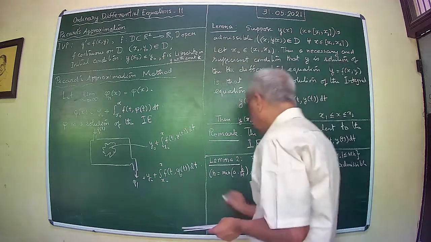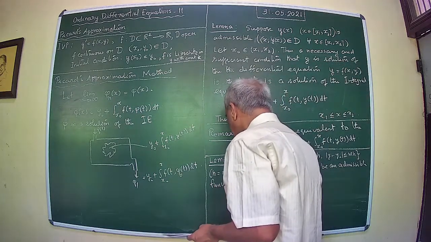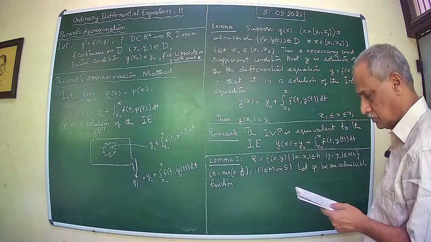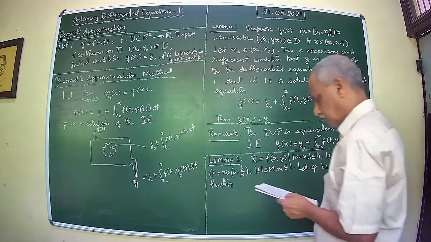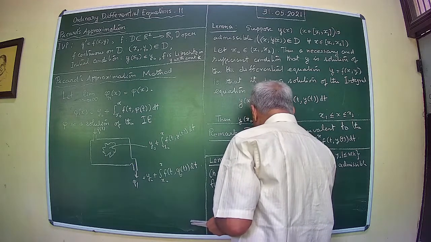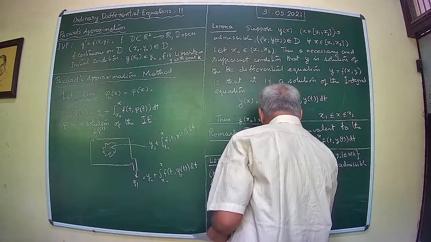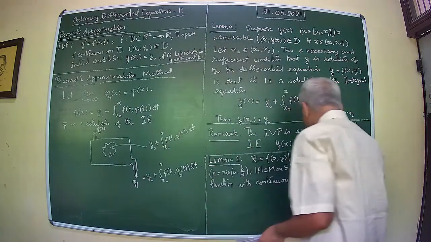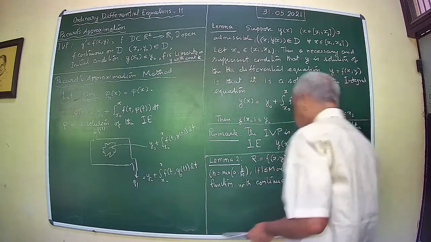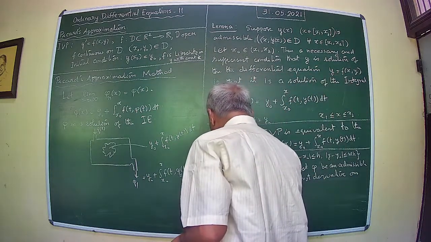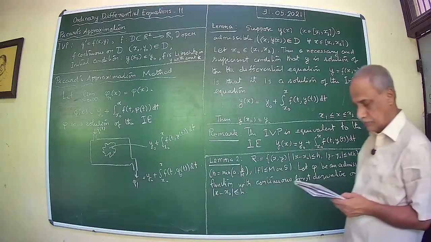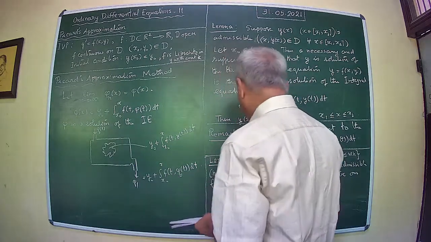Let phi be an admissible function with continuous first derivative on mod x minus x naught. Okay. So define, let